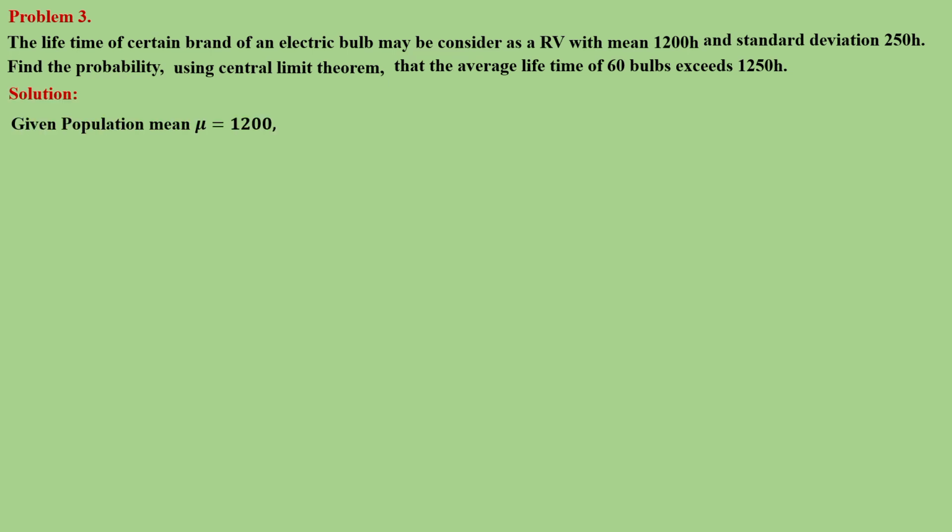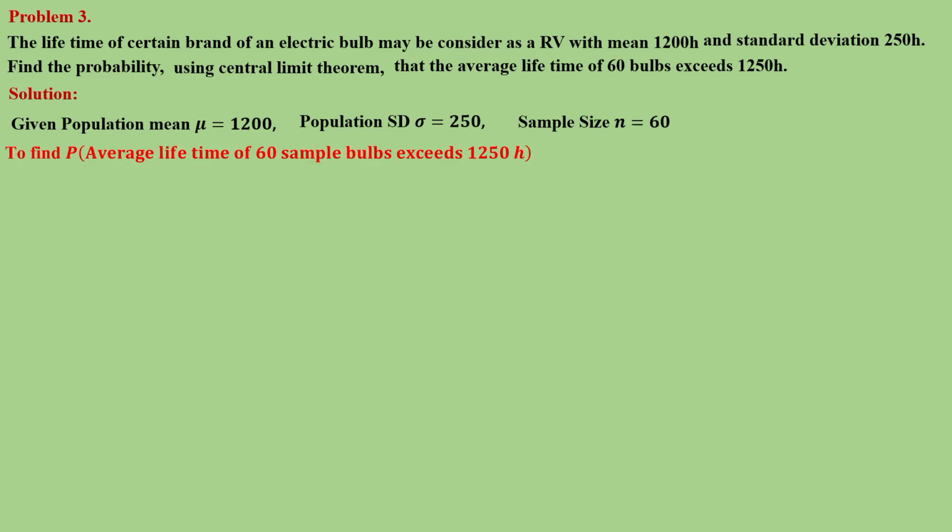Given the population mean, electric bulb life, mu is equal to 1200, then population standard deviation sigma is equal to 250, then sample size, they are taking 60 bulbs, so small n is equal to 60. To find the probability of the average lifetime of 60 sample bulbs exceeding 1250 hours, that is to find the probability of sample mean x bar greater than 1250,